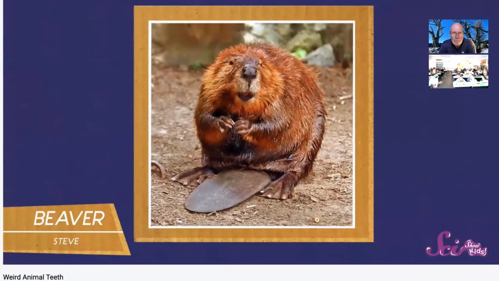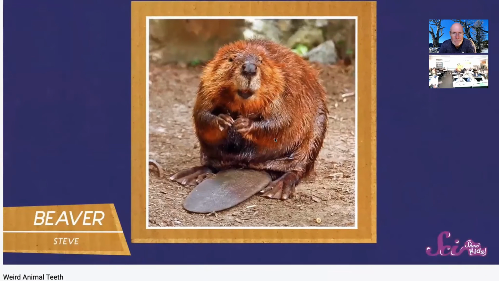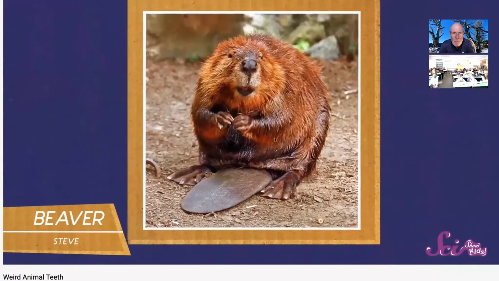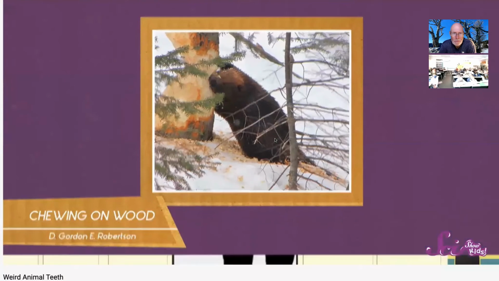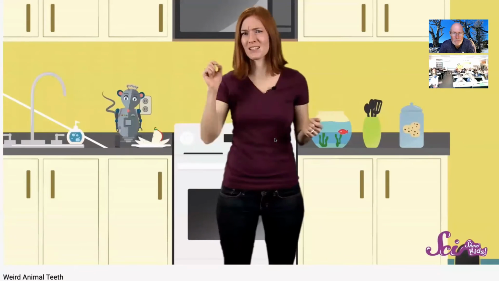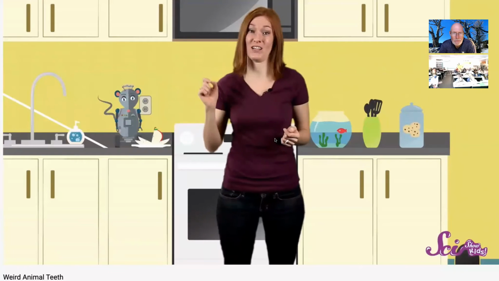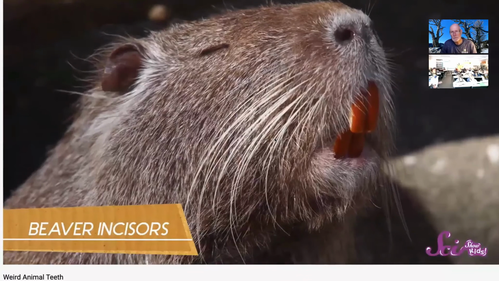Beavers are well known for their oversized incisors. These teeth never stop growing, so beavers are constantly trying to wear them down by chewing on wood. You might think that chewing on wood all the time would ruin the beaver's teeth, but the front side of their teeth actually has iron in it. Iron is the same stuff that they use to make really strong metals. And it not only makes the beaver's teeth extra tough, it also gives them their unique rusty orange color. Kind of like the rust you might see on an old car or bicycle.